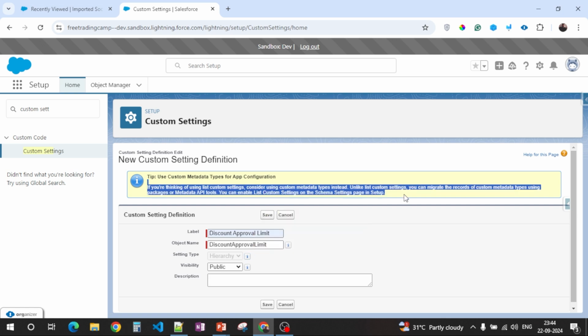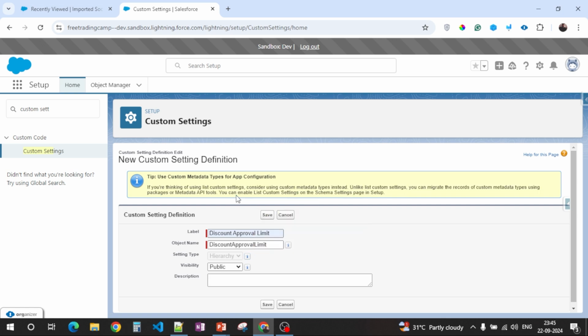Salesforce is suggesting that instead of creating list custom settings, you can create custom metadata types, because the work a list custom setting does can be done using custom metadata types. So basically Salesforce is suggesting to use custom metadata types, which we'll see in the next video.